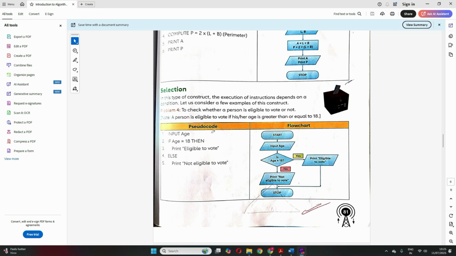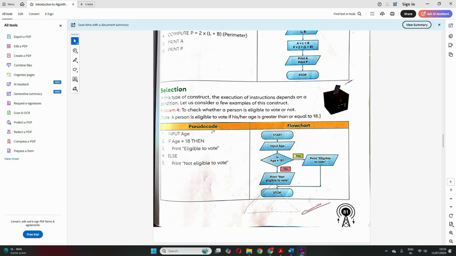Okay, like for example, as I told you before also, the example of brushing your teeth. When you brush your teeth, you check whether your teeth are clean. If it is clean, you are making a decision here based on the cleaning of your teeth. If it's clean, then you stop brushing, wash your brush and then stop. But if it's not clean, then you go and clean again, right?